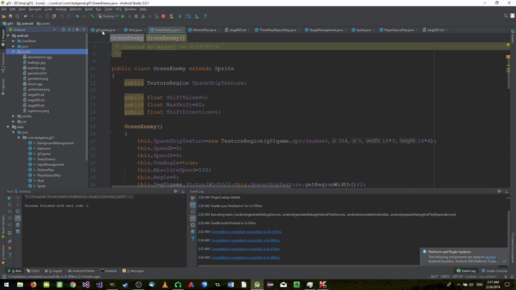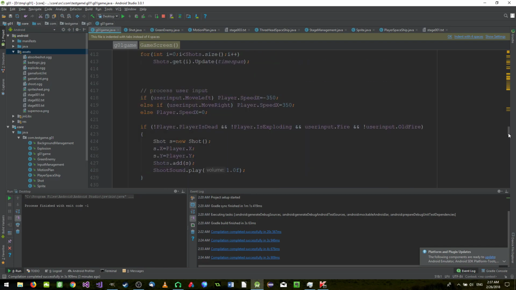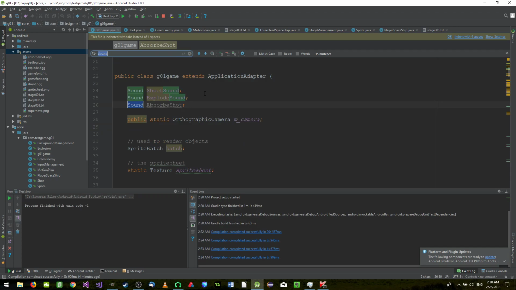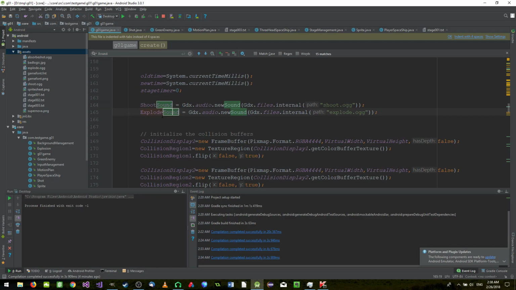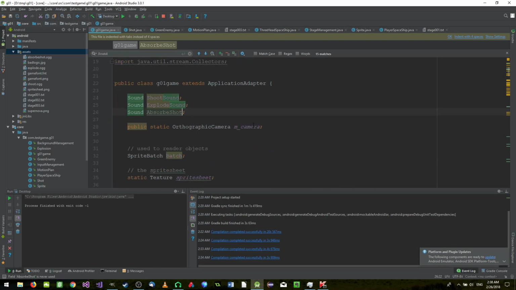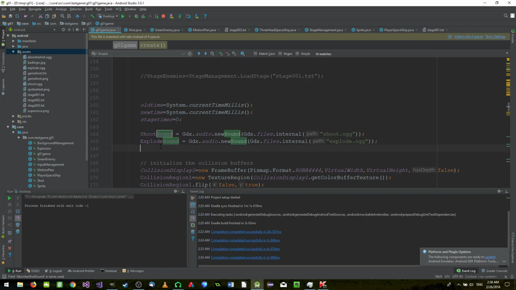So let's go to the game. Okay, we define another sound, so we have sound absorb shot. Okay, so let's go to the sound part. Go here. Wait a second, I think I made something wrong with the naming. Yeah, there needs to be a word sound at the end, right? So here I will just say absorb shot sound equals